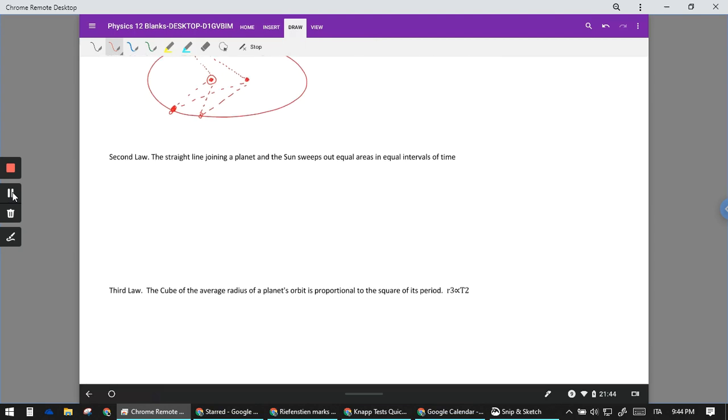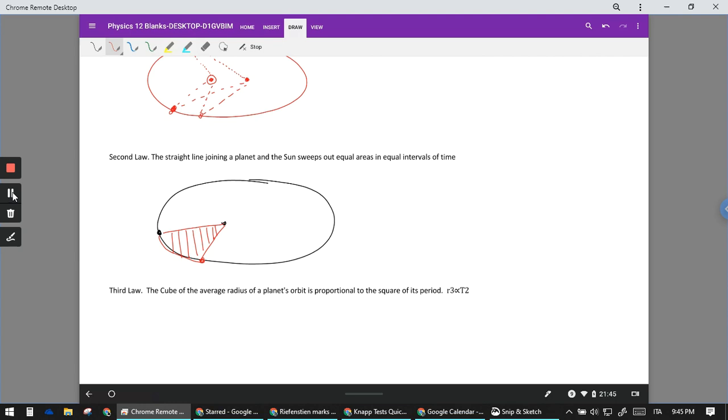Second law: a straight line joining a planet and the sun sweeps out equal areas in equal intervals of time. This one I love. Actually, this is pretty cool, a cool law that this guy discovered. Basically, if I've got a planet and I'm moving maybe from here to here, and I draw a line here, and I draw a line here, and I figure out this area,